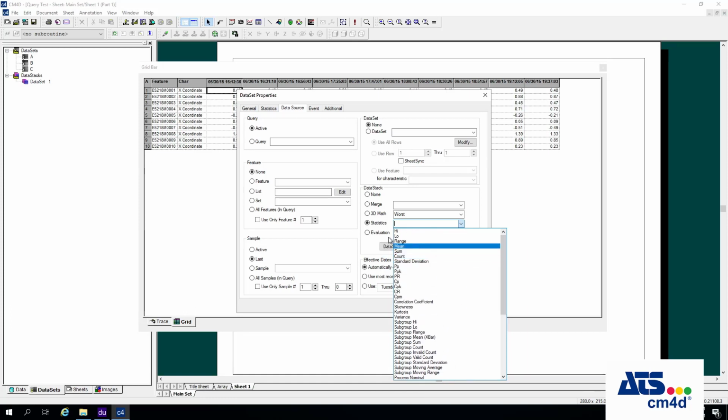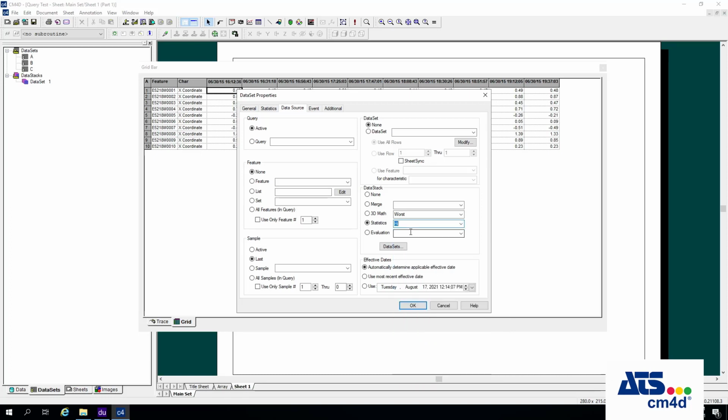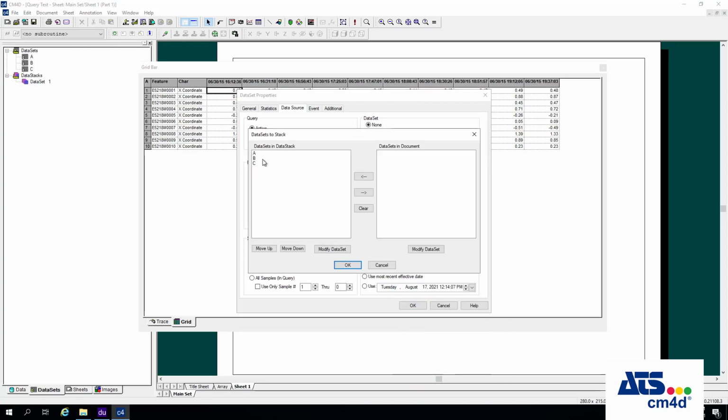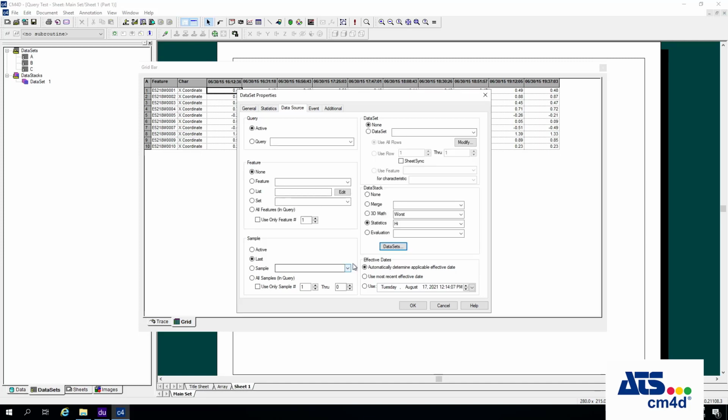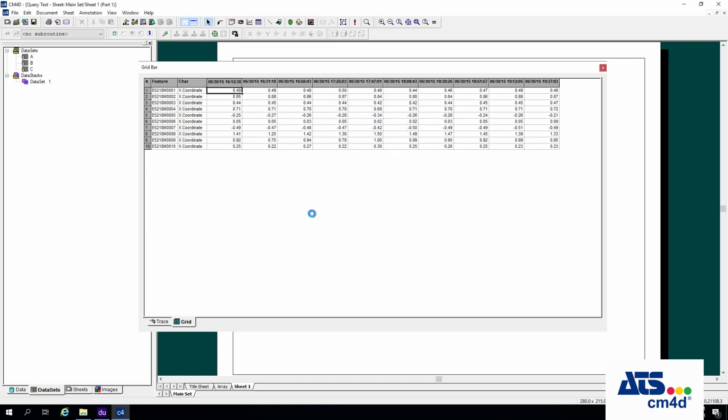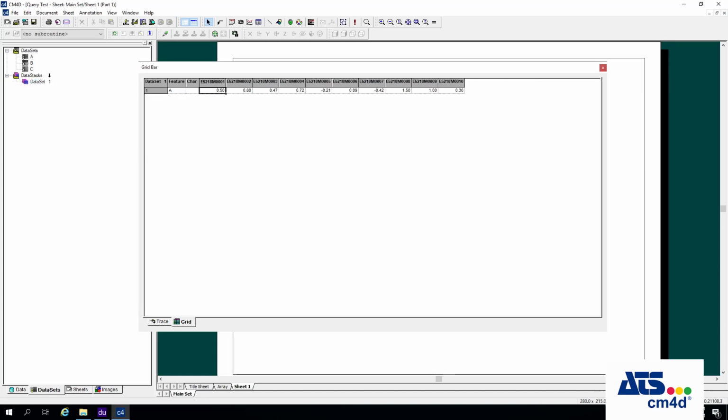But there's other types of statistics such as high and low, range, mean, sum, and in these cases they no longer are about doing comparisons between different data sets, but instead each one is evaluated separately. So if I did statistic high and left out A and B, what this would do is look at each row of the A data set, compute which value is highest on that row, and then give you back that value. So if I do this and then hit OK, what I'm going to end up with is the high value of